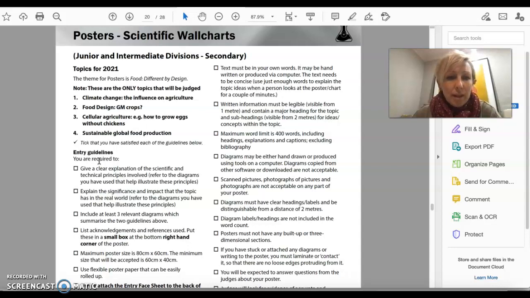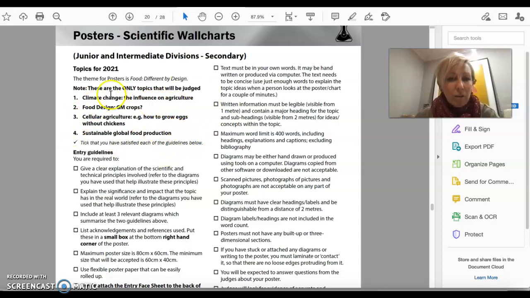So this is a good one to do if you are interested in any one of those 4 topics and you're good at following instructions, because to enter the competition you must stick strictly to the criteria, and they are quite picky in the poster category, so you need to pay close attention to things like the sizes and how the diagrams are produced and the size of your text and how many words. So they're the things that you need to be good at, and you also need to have an interest in